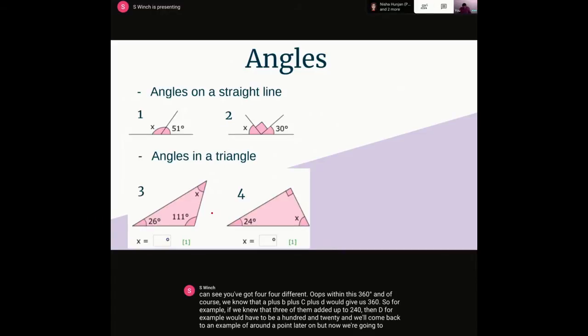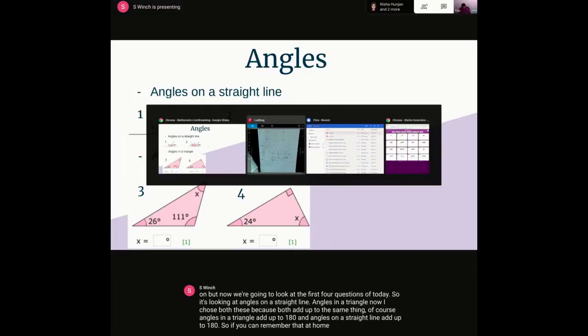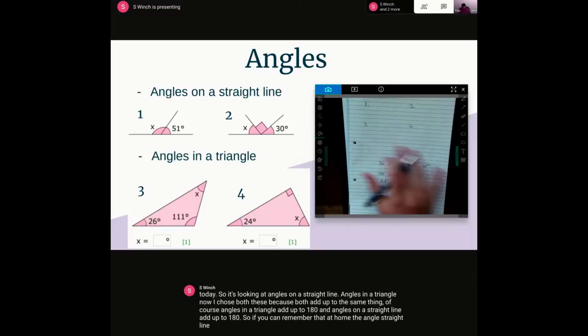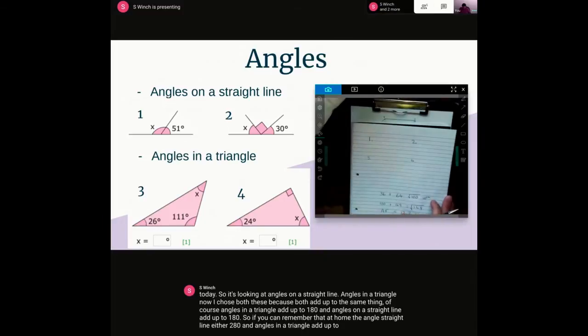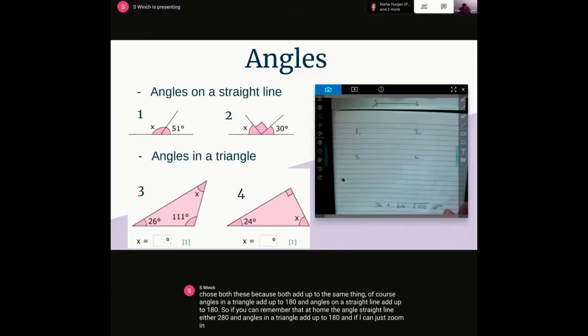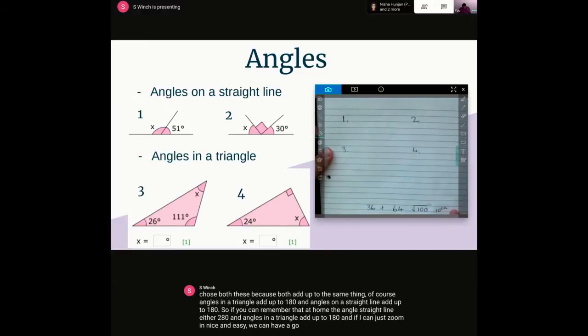But now we're going to look at the first 4 questions of today. So it's looking at angles on a straight line and angles in a triangle. Now, I chose both these because both add up to the same thing. Of course, angles in a triangle add up to 180, and angles on a straight line add up to 180. So if you can remember that at home, the angles on a straight line add up to 180, and angles in a triangle add up to 180. And if I can just zoom in, nice and easy, we can have a go at the first 4 questions